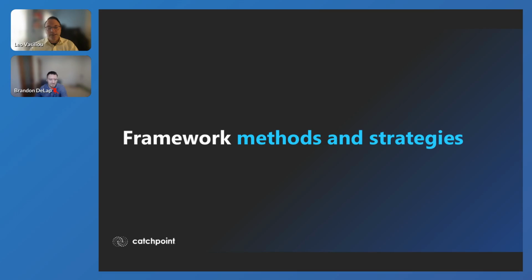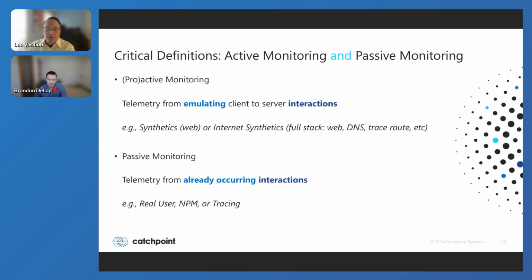Okay, so now let's get a little bit into the frameworks and the pillars, right? We talked about what the pillars are: availability, performance, reach, reliability. We talked about an example user journey, and then we talked a little bit about why we care. So before we get into some of the methods and strategies to talk about,